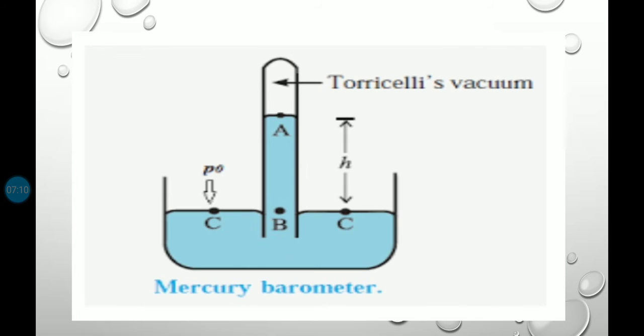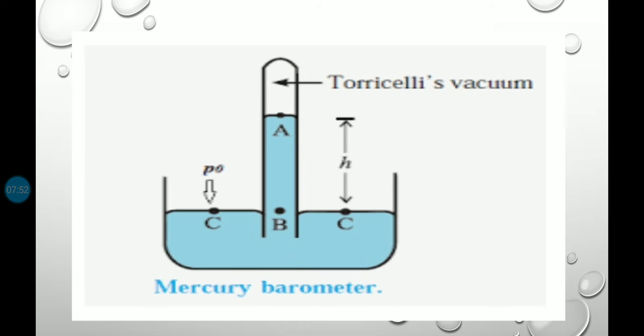Italian scientist Torricelli devised for the first time a method for measuring atmospheric pressure by using a mercury barometer. In a mercury barometer, a long glass tube of about 1 meter length and diameter of about 1 centimeter is filled with mercury up to its brim and placed inverted in a small dish of mercury, which is shown in this figure. The level of mercury in the glass tube lowers as some mercury spills in the dish.